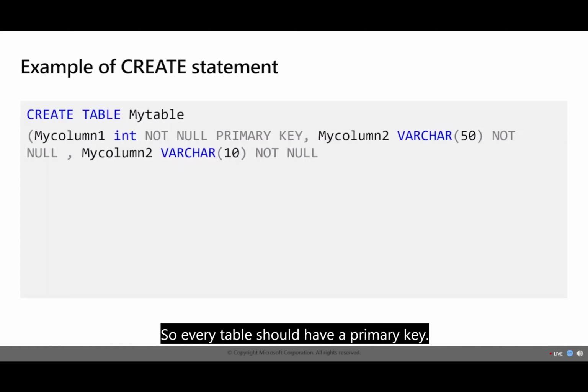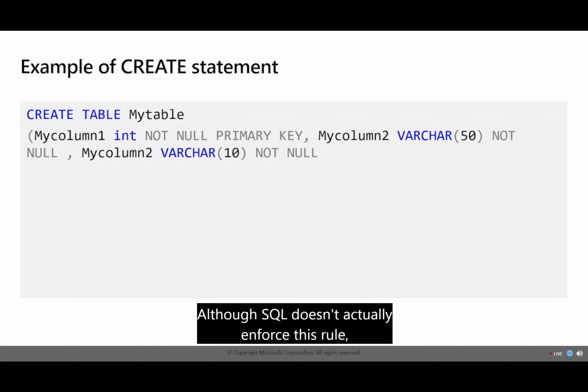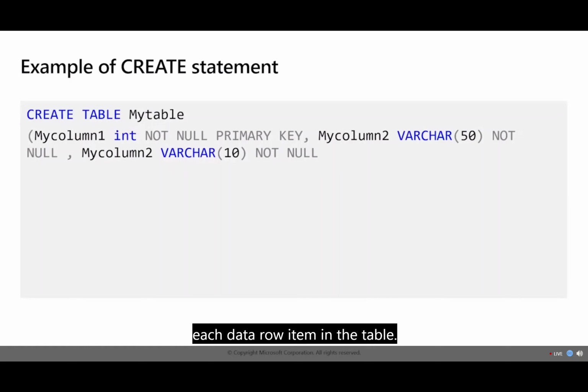So every table should have a primary key. Although SQL doesn't actually enforce this rule, the primary key is then used to uniquely identify each data row item